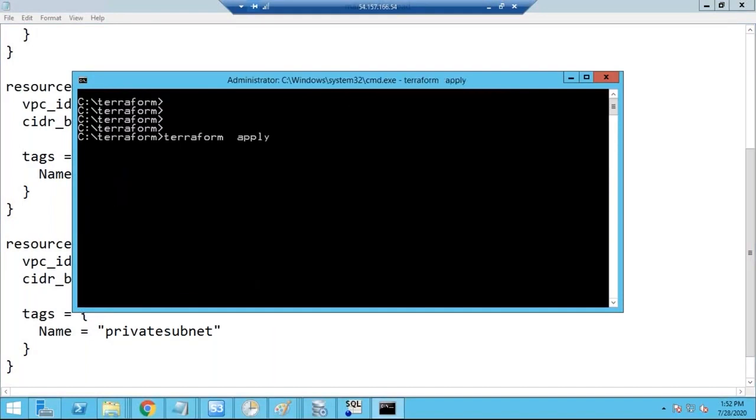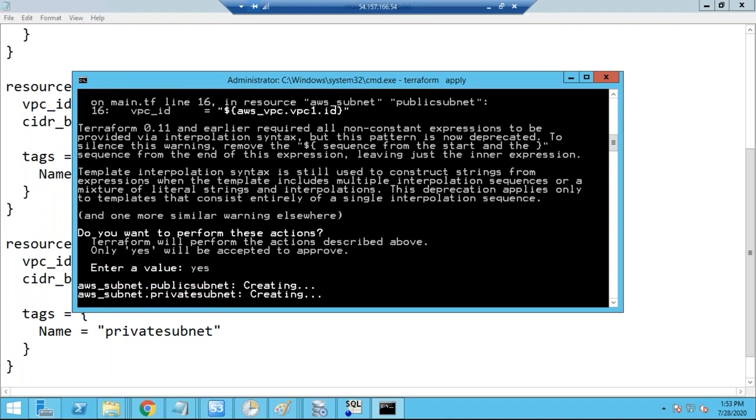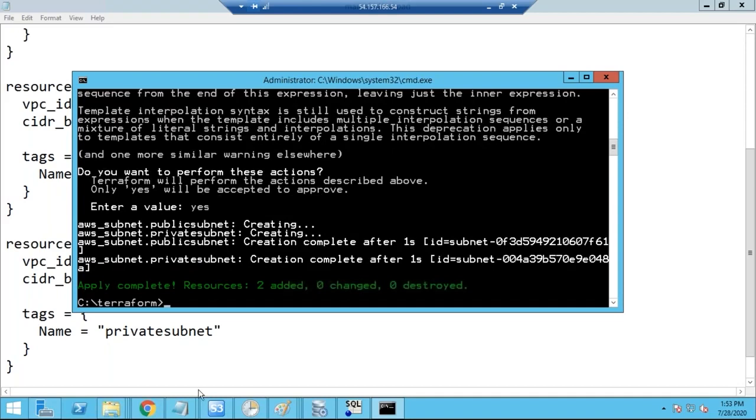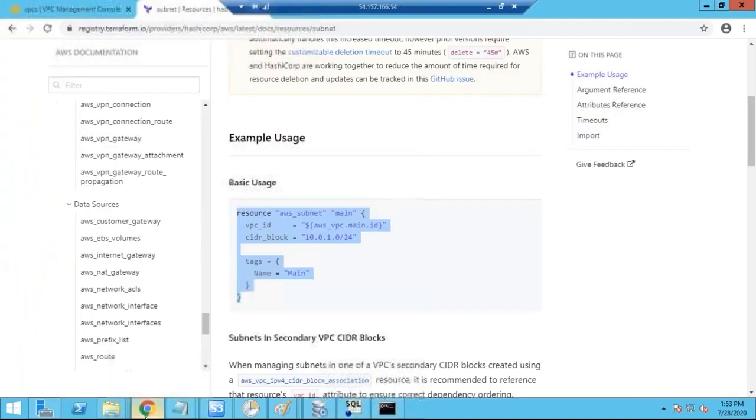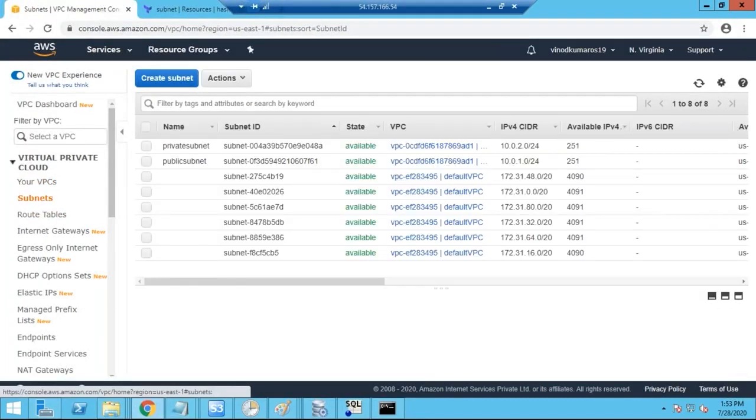So I'm going to give terraform apply. It is going to create two subnets. So we can see that two subnets are also created. We can go to AWS VPC and check the subnet. It is created, two subnets are created. Now I want to